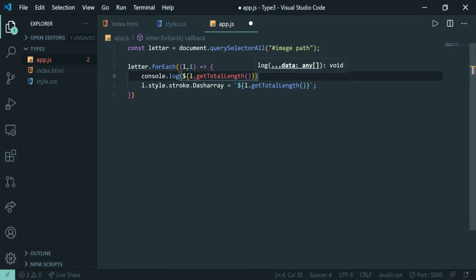It will print all the values that are present in this get element. Okay, we have made some mistakes, so here will be these. Now we are good to go.